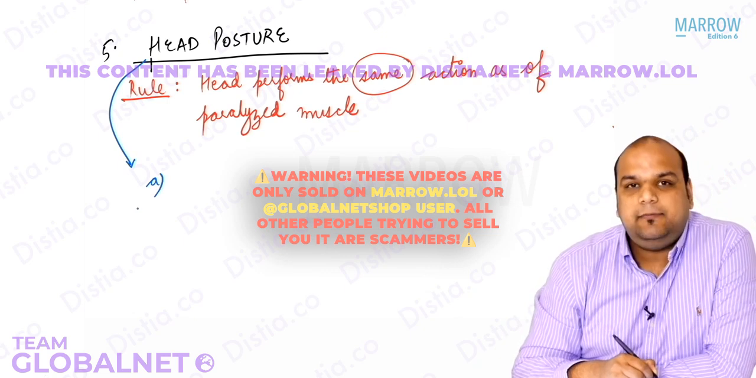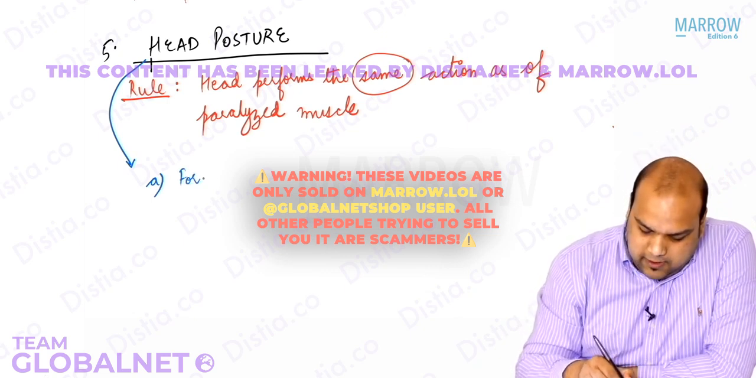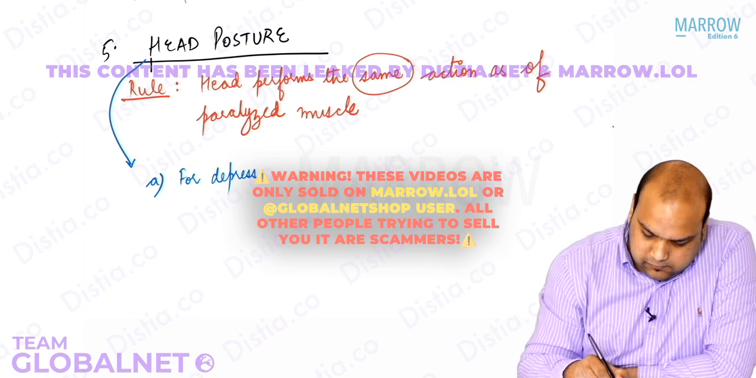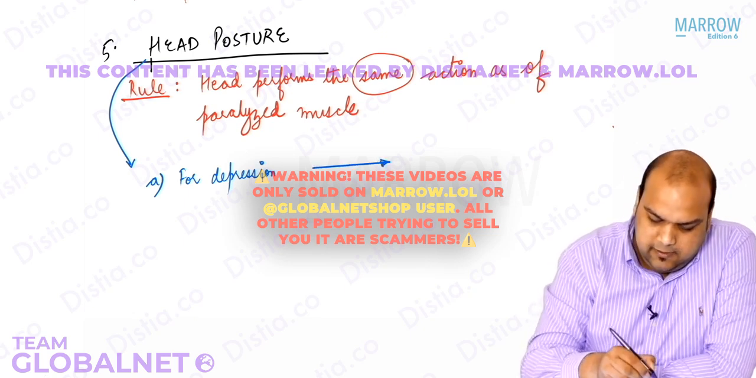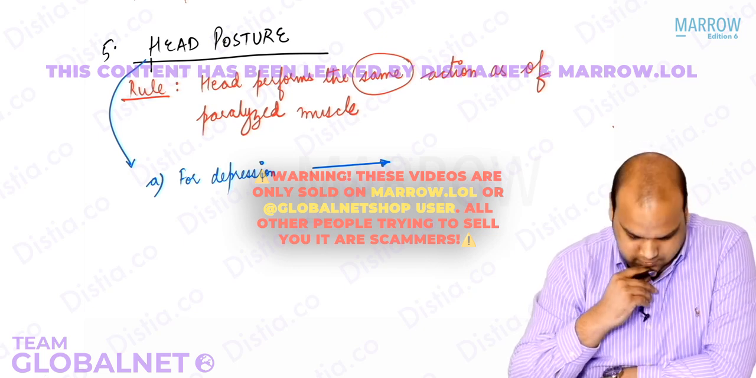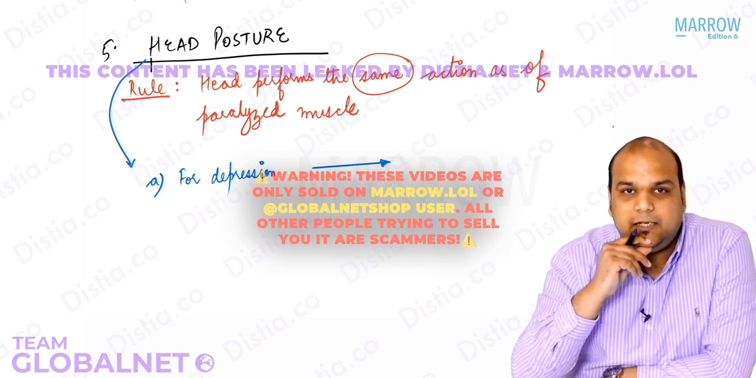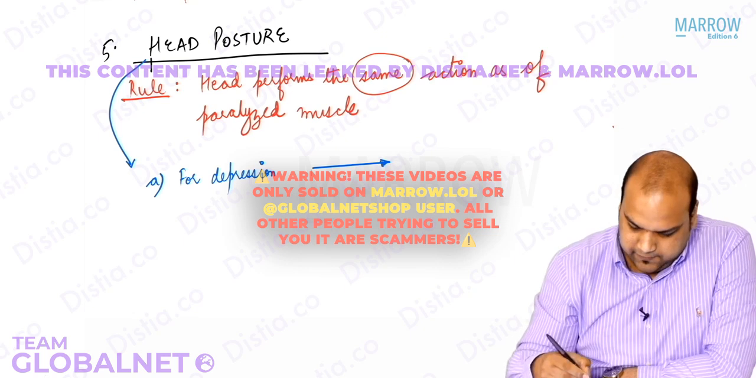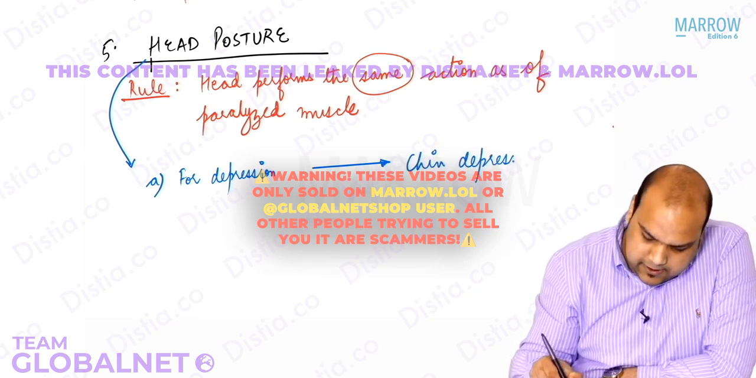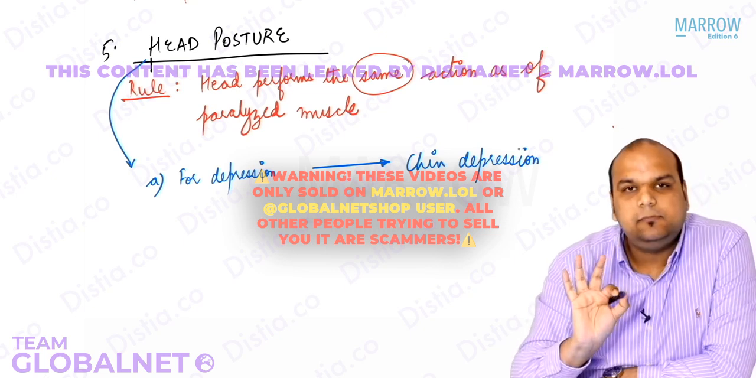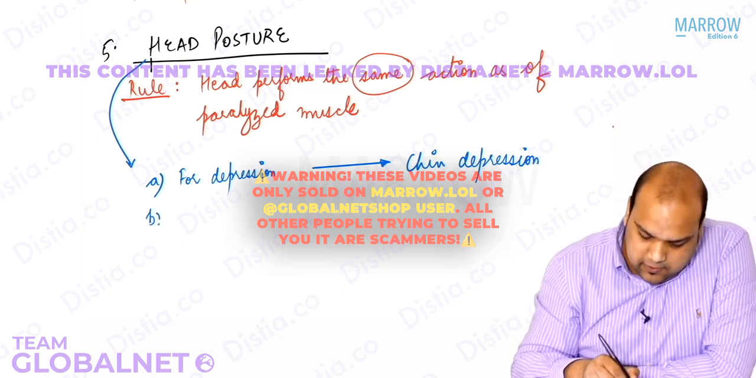Head posture A, for depression. For depression as an action, as I just showed you, I measure the level of the chin. Chin up, chin down. So the head posture will be chin depression. Okay? For